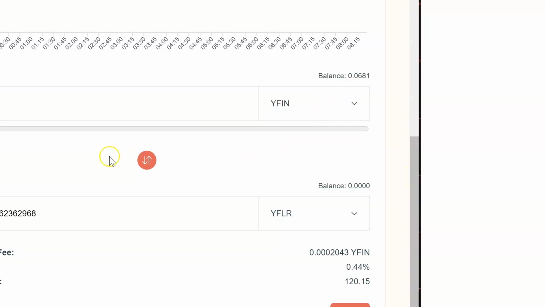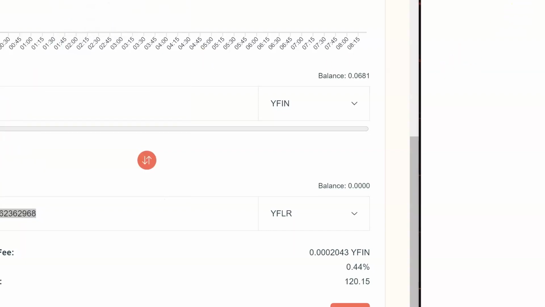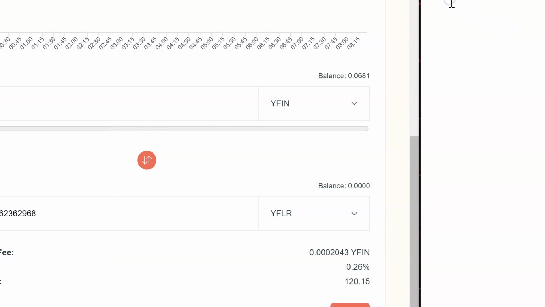So, all right. I copied the value, pasted. Now we got it right here. Copy. I'm going to start using my hotkeys, if you don't mind. So Control C to copy, Control V to paste. For Macs, it would be Command instead of Control. So I just pasted this right here. This way I know where I'm starting. We got this much here. This is just for reference. Y-Fin. So this is what we're starting off with, Y-Fin. This is how much Y-Flare we would get with this Y-Fin.